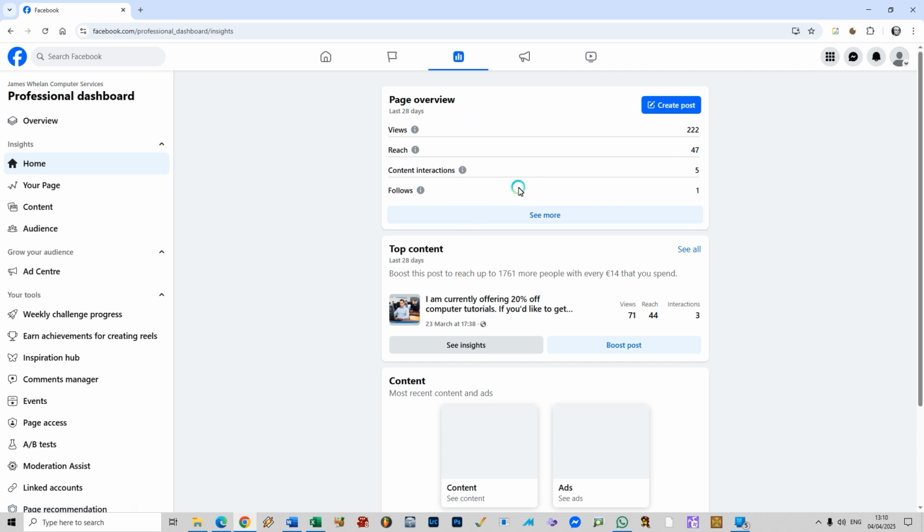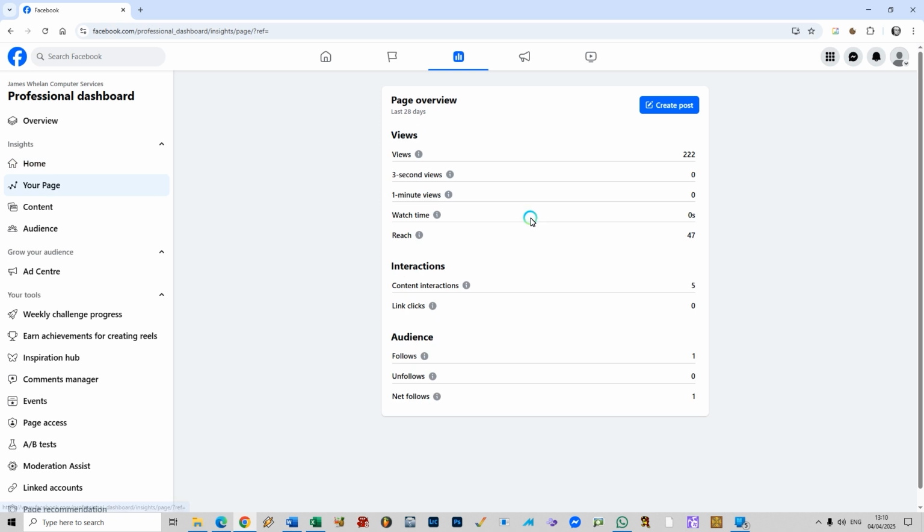And it splits it up into categories. So for instance, I can see the numbers that I saw out here: views, reach, content interactions, and follows. If I click on See More, I can see the number of views, the number of 3-second views for a piece of content, that could be a post or a video, the number of 1-minute views for a post or a video, the watch time, if I had put up any videos, that's 0 seconds, and then the interactions,